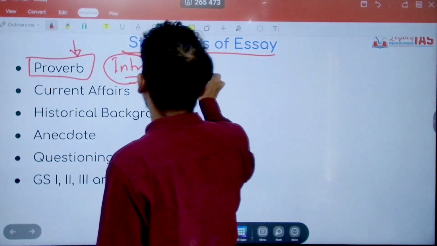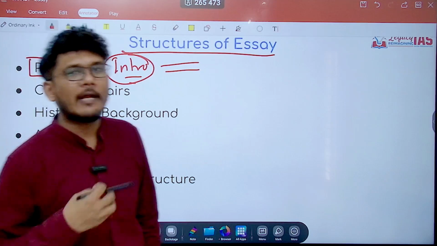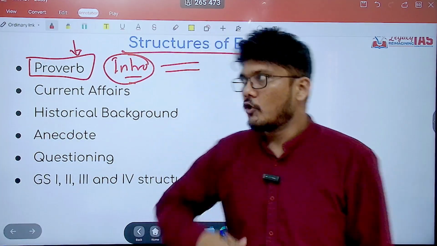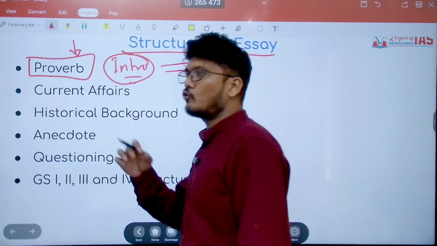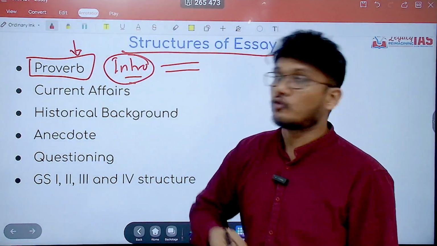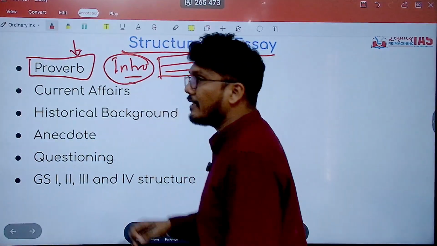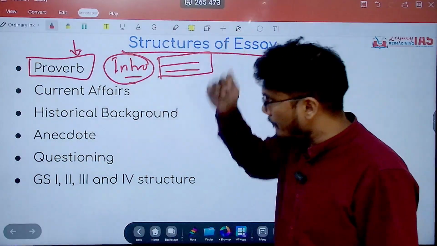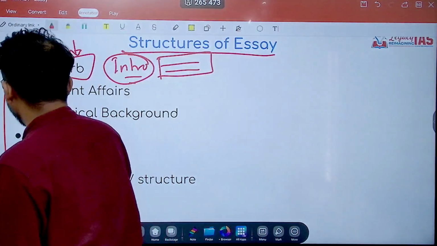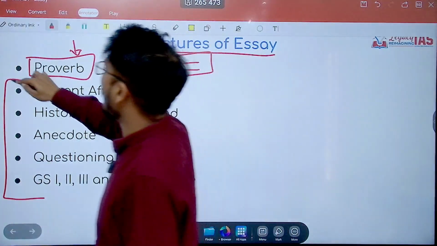However, when you are using a proverb for introduction, remember that the introduction is not complete yet, because a proverb may be 1 or 2 lines. That is not enough for an introduction to an essay of 1200 words. Your introduction should be close to 3/4 of a page length, so around 75 words should be there in the introduction. So this proverb can be one thing which you write at the top, but apart from that, subsequently you can use any combination of these particular things along with the proverb.